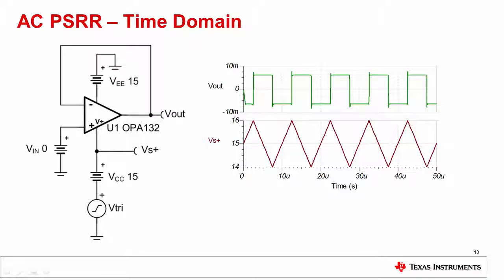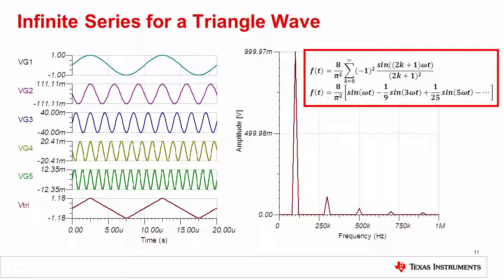What causes the shape of the waveform to change? Let's take a closer look. Before digging into the details, let's review the concept of a Fourier series. Any non-sinusoidal periodic waveform can be created with an infinite series of sinusoidal waveforms of different amplitude and frequency. So, for example, a triangle wave or square wave can be created by adding an infinite series of sinusoidal waveforms together. The example above shows how a triangle wave can be created by adding 5 different sinusoidal waveforms.